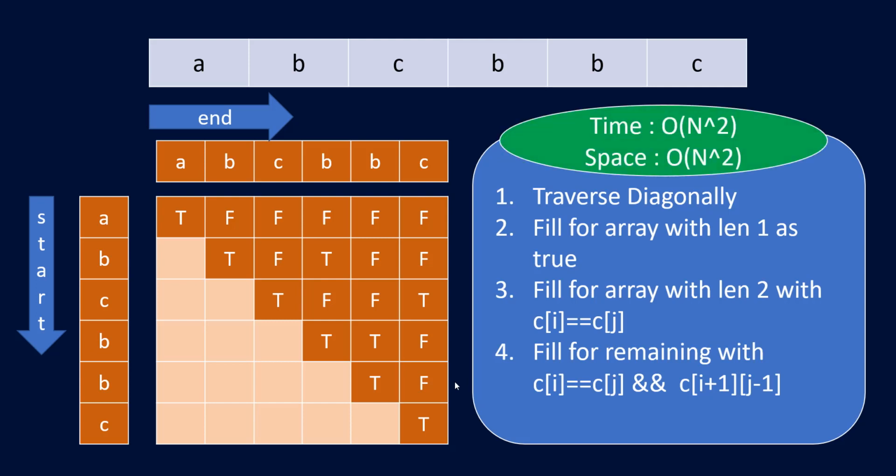The time complexity over here would be O of n square, or you can say you will be going all over this matrix which is of size n square. So that would be your time complexity, and your space complexity would also be O of n square because you are going to take this particular matrix. Now that you know this particular approach, let's go and first write the code for this, and then we'll move on to the next solution, which is a more optimized one.